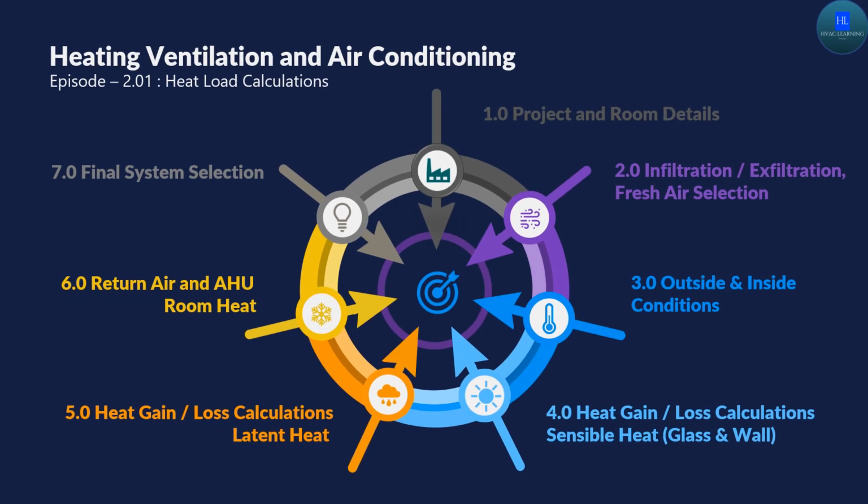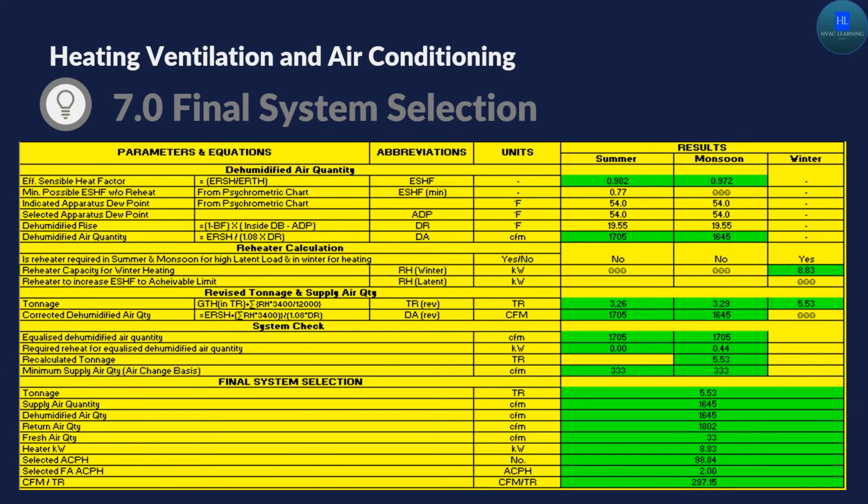Now let's move ahead. Now once we are done with this, basis all those details of all the calculation for the sensible and the latent heat, now we will move to the final system selection, and this is the major portion from where we come to know the more details. So these are the few topics, you can read it out, and these are the few calculations you can refer to. Maybe in some subsequent videos we are going to touch upon all these things. Then after these calculations we will come to know what is the final tonnage needed for this. Let's take this example.